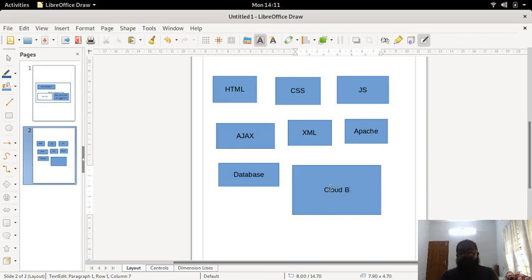Say cloud based hosting is there for you, where you will be using things like Docker, virtual machines, GCP or AWS, or it can be your own Minikube cluster, which uses Kubernetes and Docker.